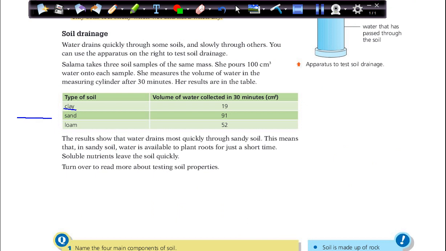For the clay, she found 19 cubic centimeters after 30 minutes. She only collected 19 cubic centimeters. But from the sand sample, she got 91 cubic centimeters, and for the loam soil, she got 52 cubic centimeters. So in your opinion, which one of them is the best choice for growing plants? Of course, all of them can grow plants, or we can plant any crops in them, or special ones,